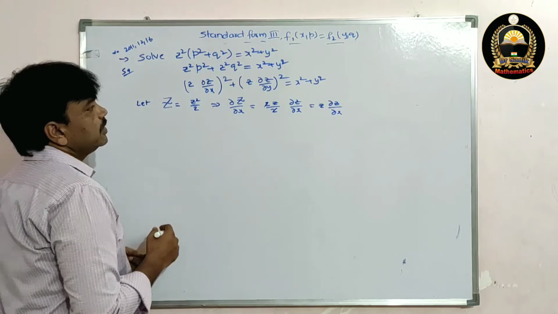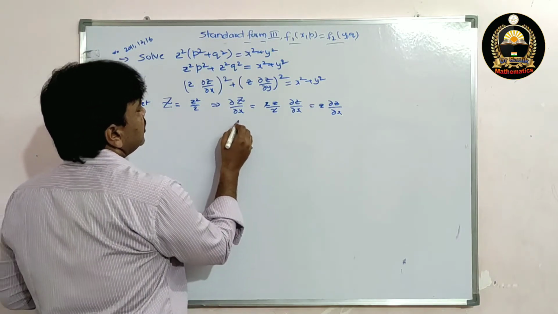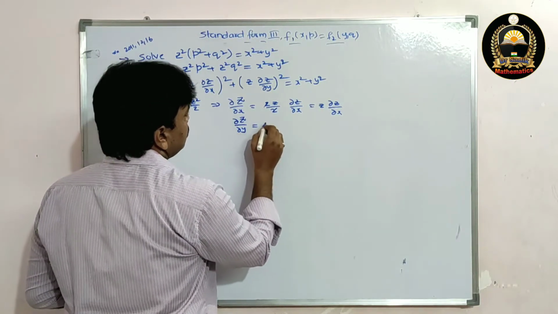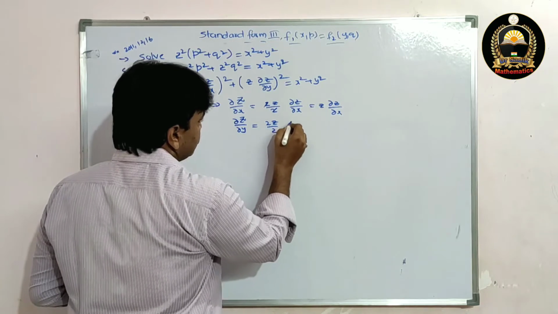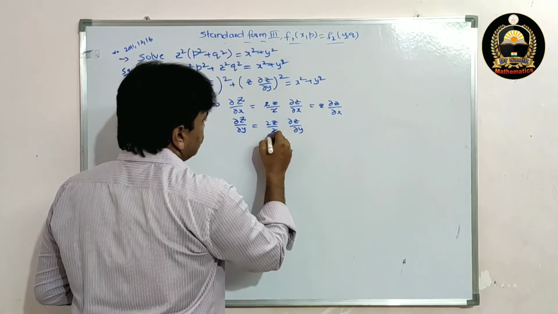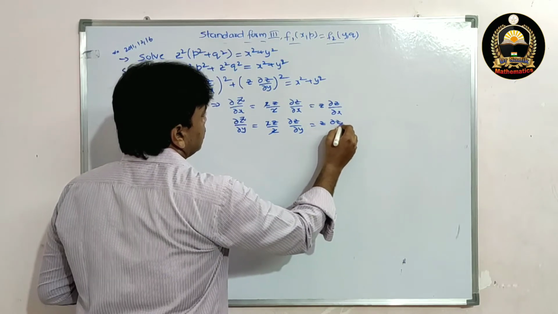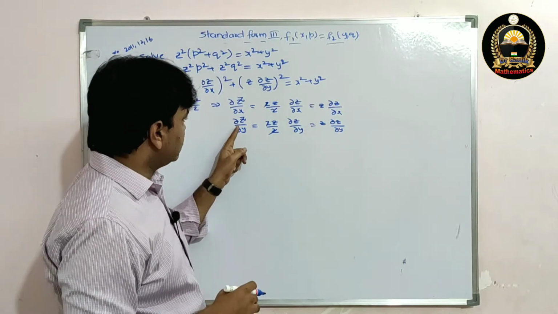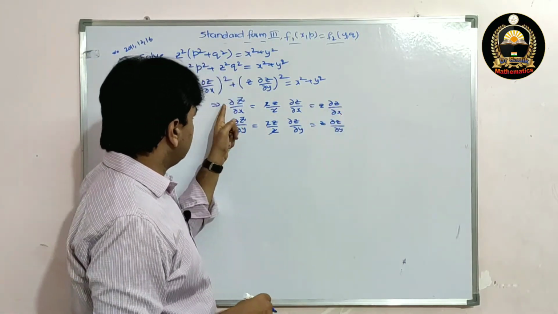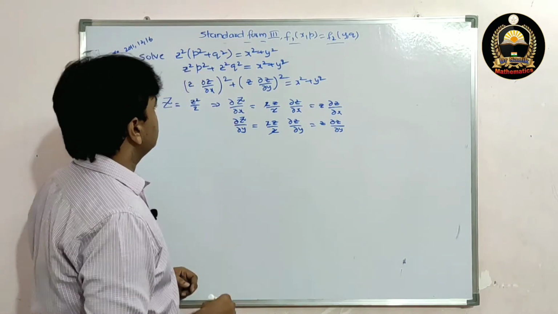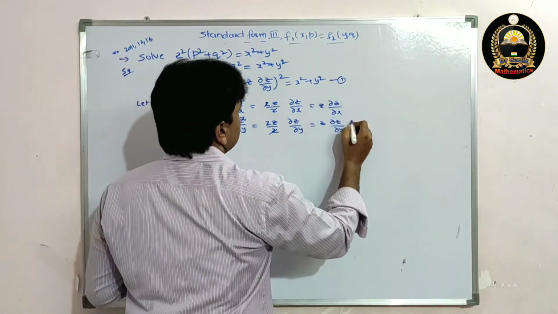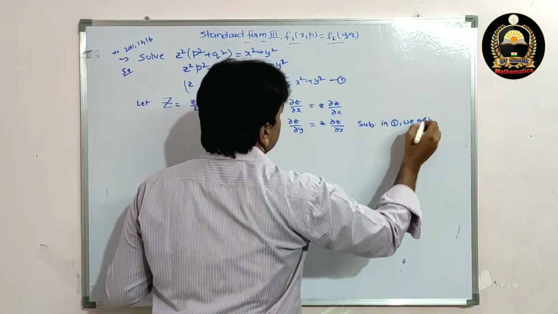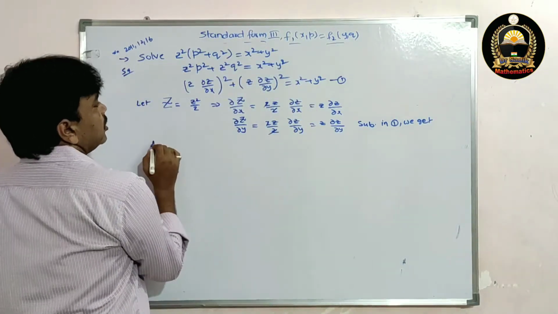Similarly dou capital Z by dou y is equal to 2z by 2 into dou z by dou y. So 2 cancel, I get z into dou z by dou y. Now finally z into dou z by dou y means dou capital Z by dou y, and z into dou z by dou x means dou capital Z by dou x. Say this is 1. Substitute in 1, we get